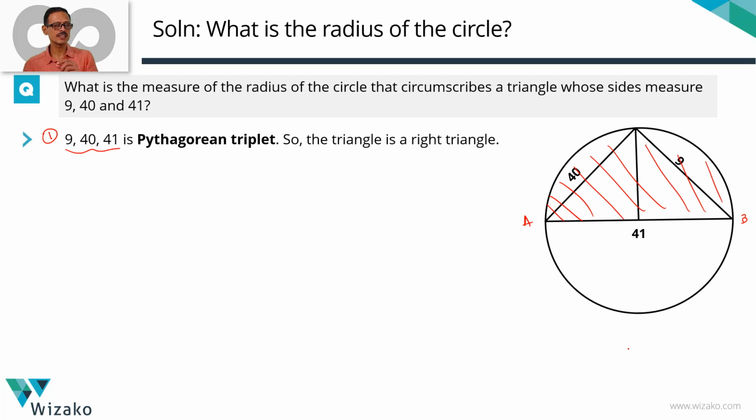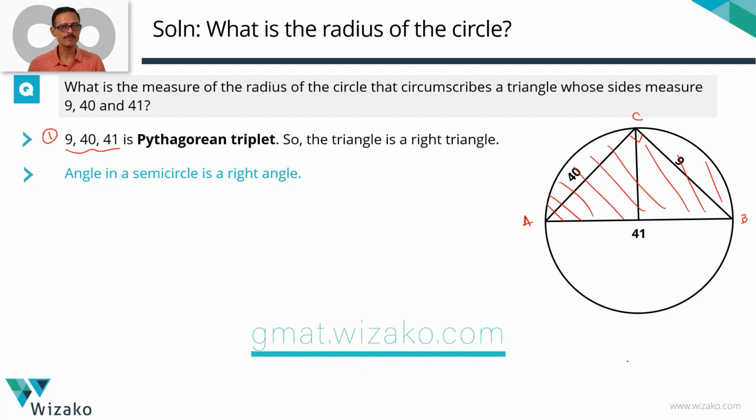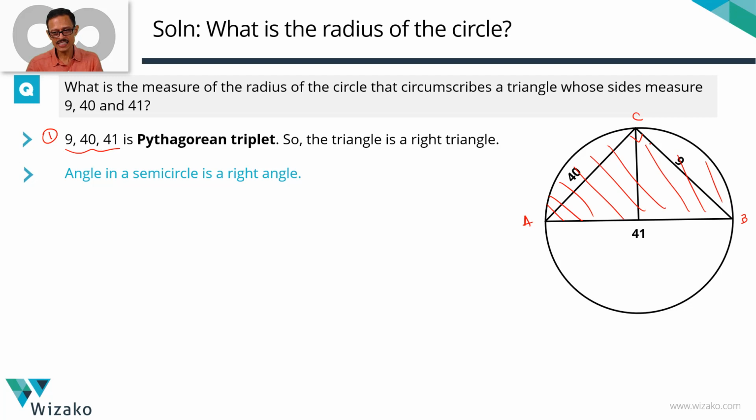The property of semicircle that I want to focus on is that the angle in a semicircle is a right angle. What does it mean? In this semicircle, the angle subtended by the chord, which is a diameter AB, in the segment is a right angle. So angle ACB equals 90 degrees. Using this property, the next deduction I'm going to do is this right triangle, this triangle ACB that we get is a right triangle. Angle in a semicircle is 90 degrees, so triangle ACB is a right triangle.